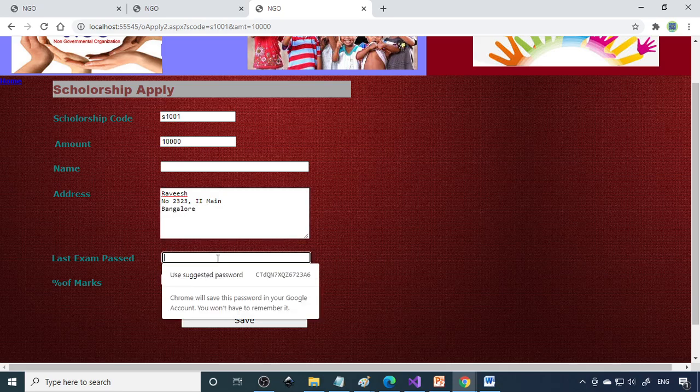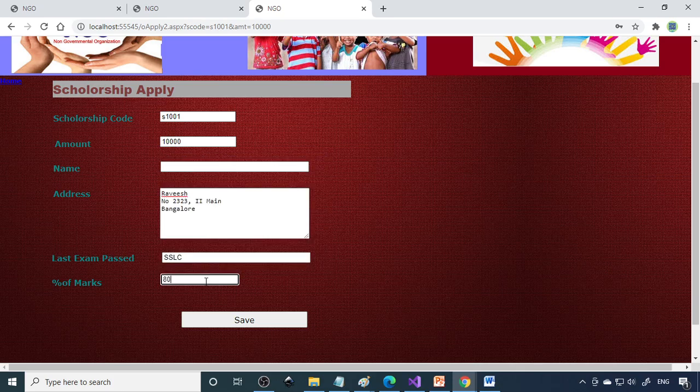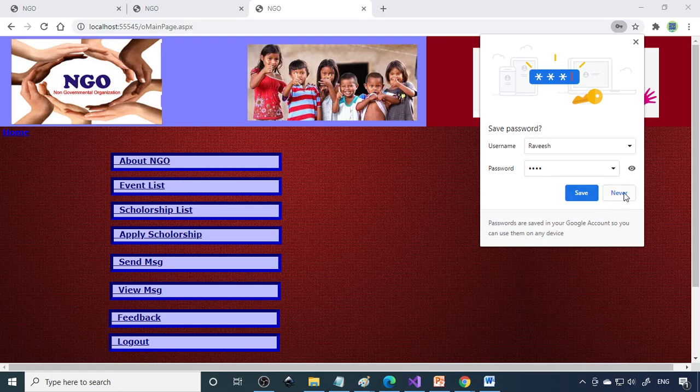We can complete the last exam completed, like this is the 10th standard, and percentage of marks, it's 80%. Okay, I'll write Ravish here. You can save this. Okay, record saved.